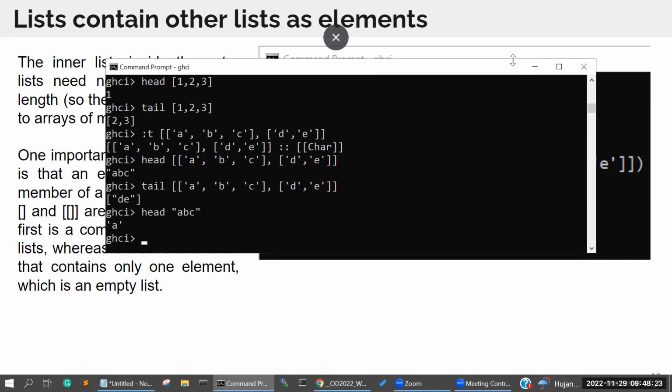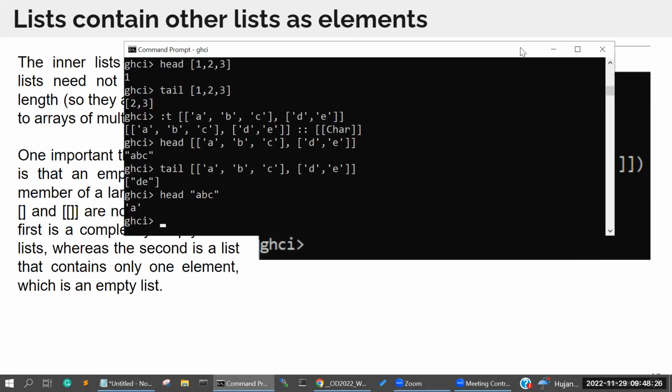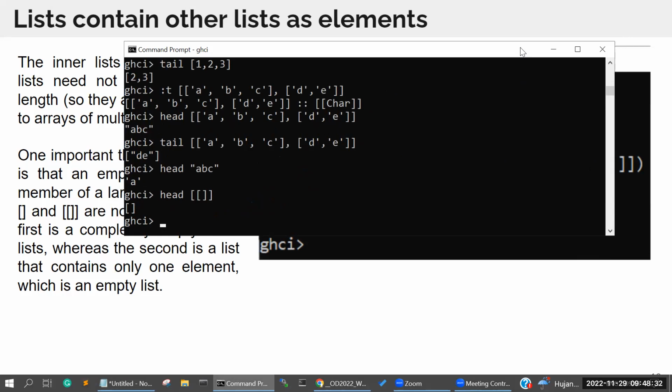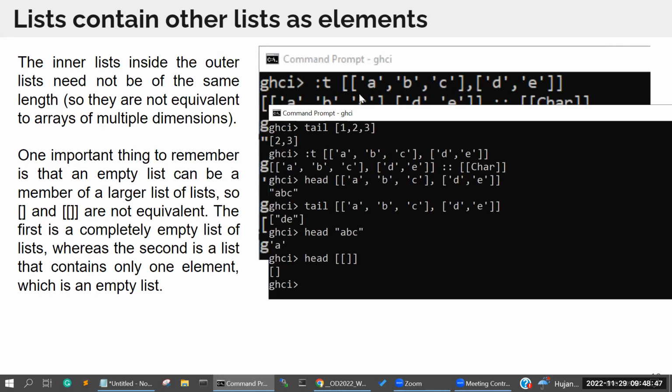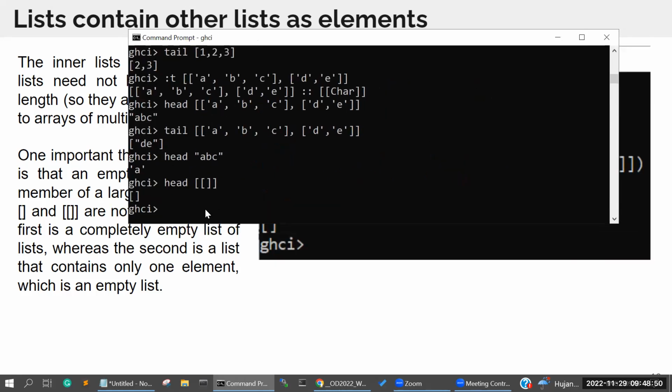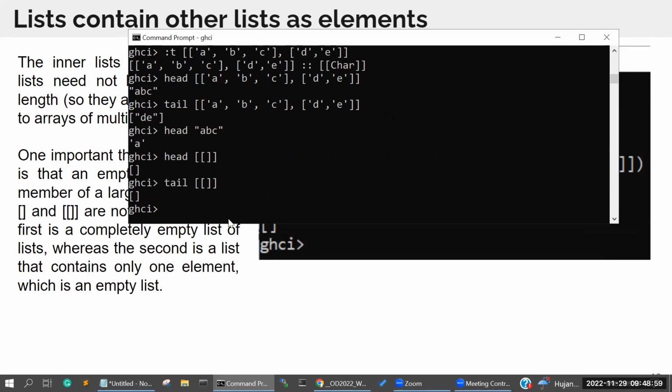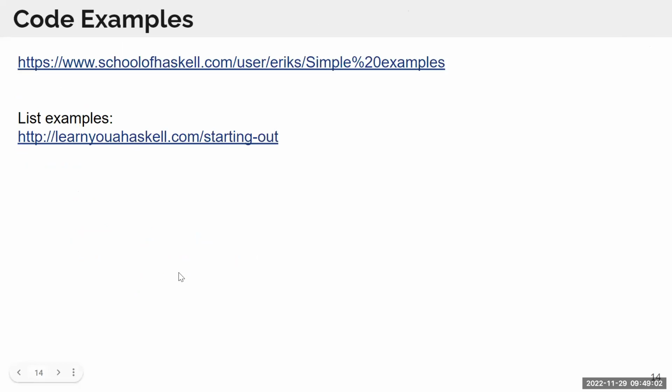Okay. Then if you want to create the empty one, then the head of this list is the empty list. We try to get the tail, so empty. Okay, and then for further